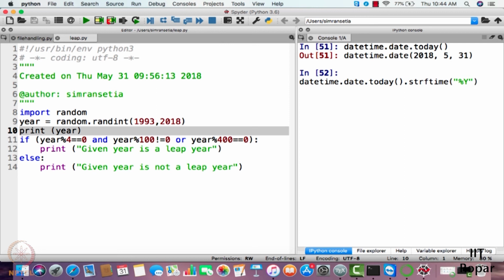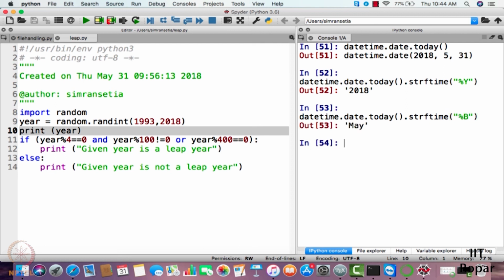I need to display only years, so I'll just write %y. So it is 2018. If I want to display the month, you just write %B, capital B. So it has displayed the current month. And if I write %d, it will display the day. So it is 31st.